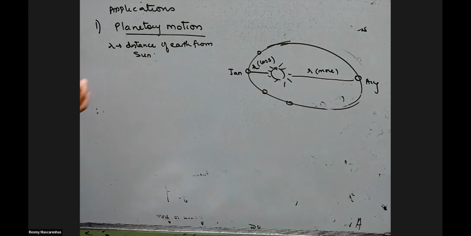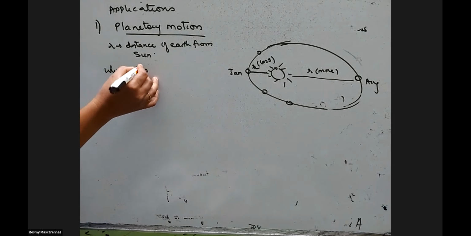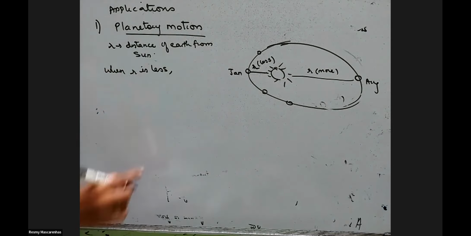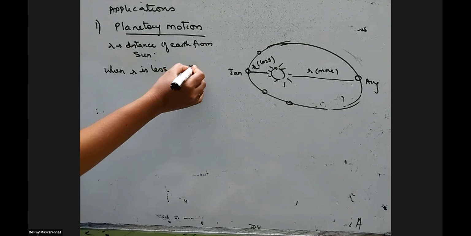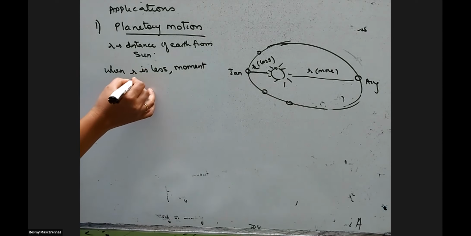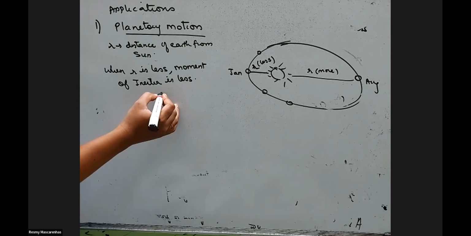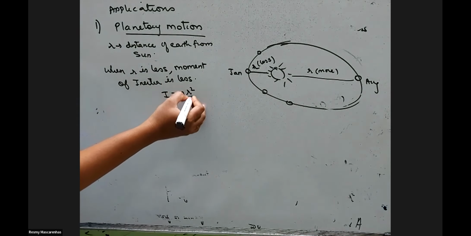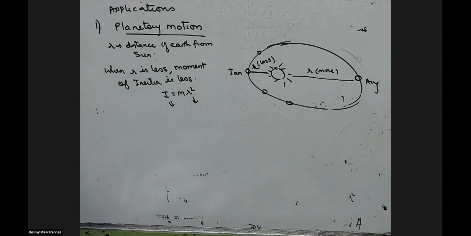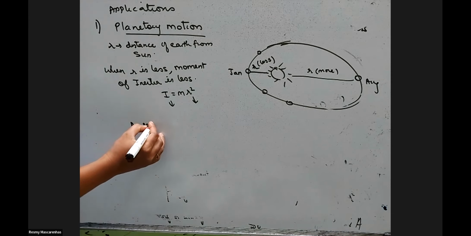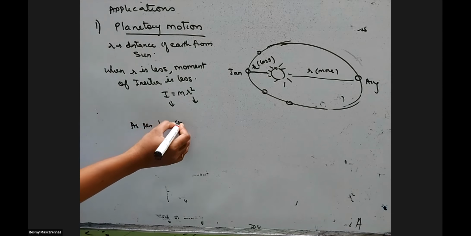So when distance is less, what will happen? Moment of inertia will be less, correct? Because you know that I is mr square. So if r is less, this will also be less, always. If distance reduces, moment of inertia reduces. Now what will happen to the velocity? As per the law of conservation of momentum,